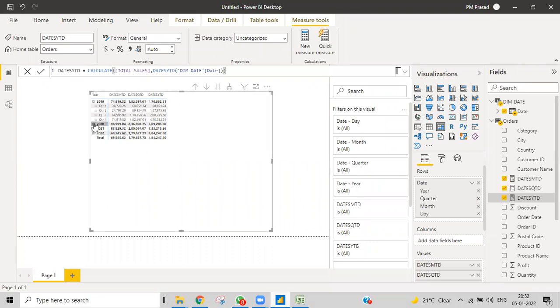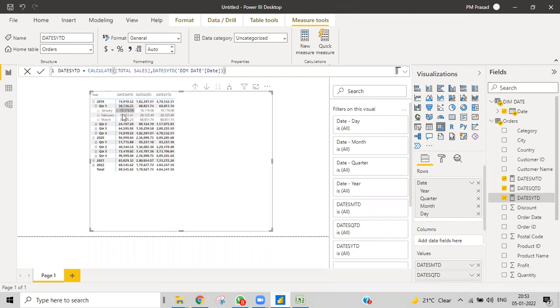What's the difference between that? This quarter. Okay, so it's showing the entire quarter, but here it is calculating only up to that particular month. Obviously it will show the maximum.